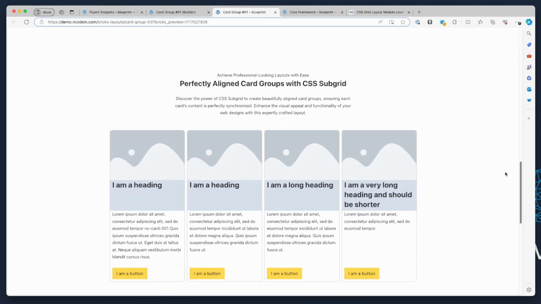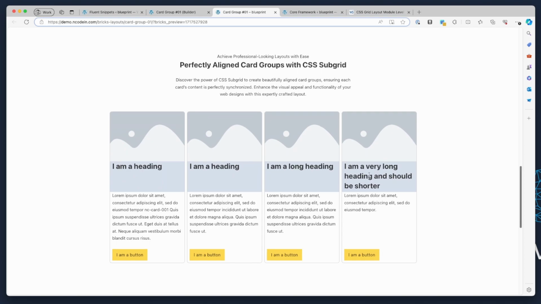So if we look at our next example, we can see from a very visual perspective how this can look. Having this grey background here and so much text here really makes things quite ugly. But what we've done is every section in every card starts and finishes in the same place, occupying the same amount of space. This changes as things kind of drop down into different rows. So each row has its own,